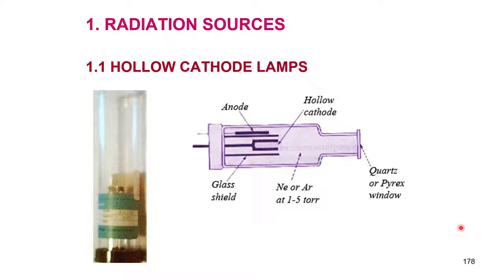What we had discussed was the hollow cathode lamp as one of the sources of radiation, which will give out the radiation of the same element which you want to determine, because the filament is made of the metal which you want to analyze. The filament is in the form of a conical cylinder, and we had discussed at length about these things. I do not want to repeat this, but we will move on to another source of radiation, that is